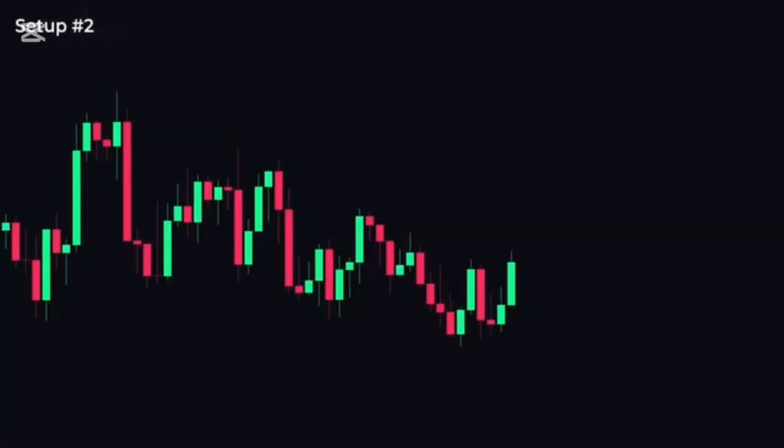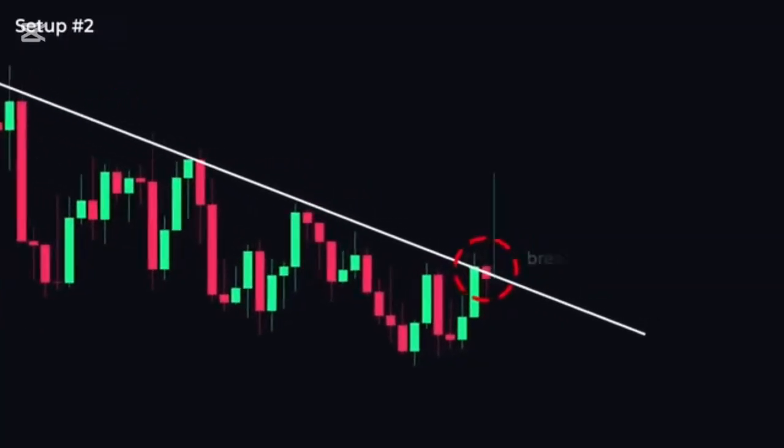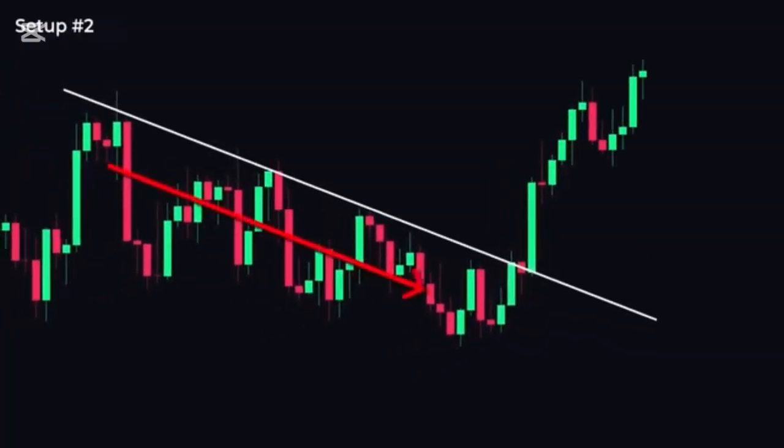Now, the second reason why trend lines are useful is that if price breaks a trend line, it could signal a possible change in trend direction. For example, in this chart, we've applied a trend line by connecting the swing highs, and it clearly shows that the market is in the downtrend. But right here, price broke above the trend line, and soon after, the trend shifts from a downtrend to an uptrend. Knowing this, the next time price breaks out of a trend line during the downtrend, we could set up